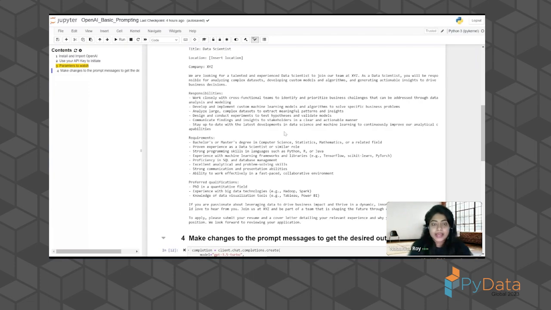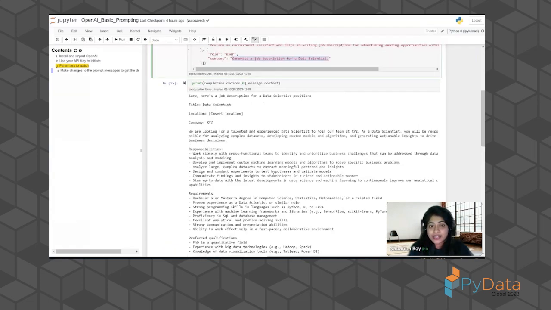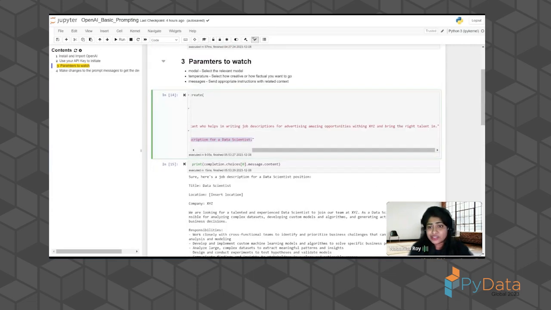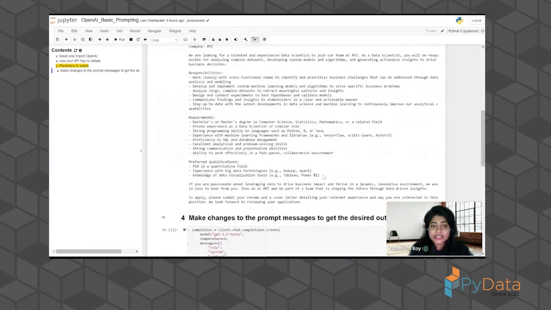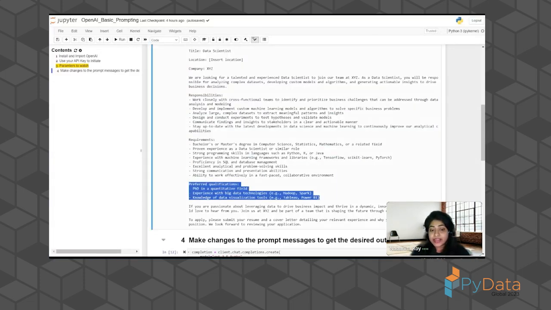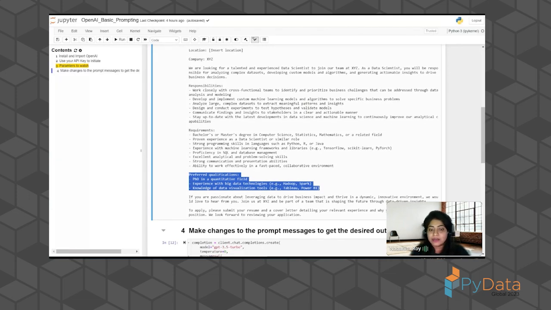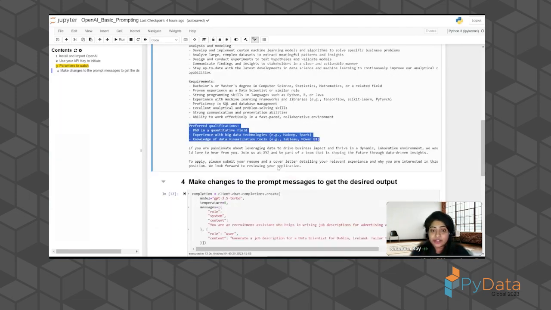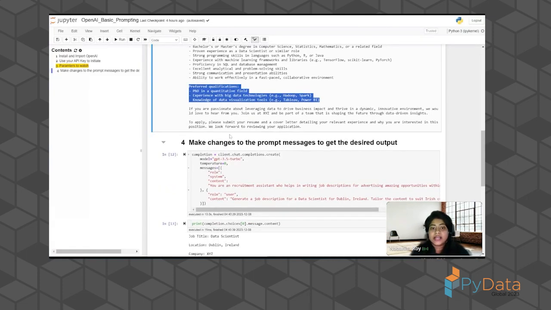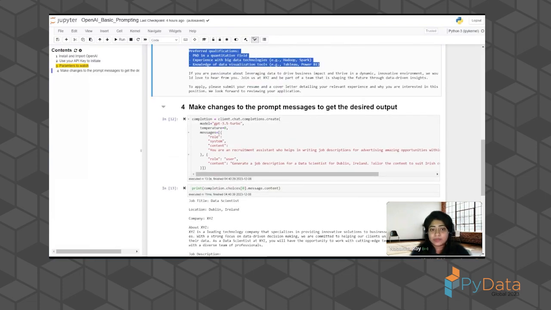Okay. And then you got company XYZ, and it picks up directly from this information here within XYZ, and it also ignores this little spelling mistake there that I did not notice. And then it's got responsibilities and requirements, preferred qualifications as well. I did not have any specific instructions to fill this up, but this is your first draft. You can definitely go back and say, can you put in XYZ in your preferred qualifications as well. And then it says to apply, please submit your resume, blah blah blah.